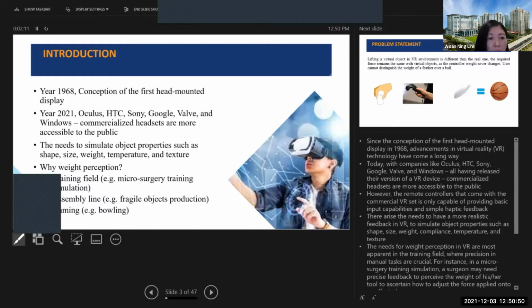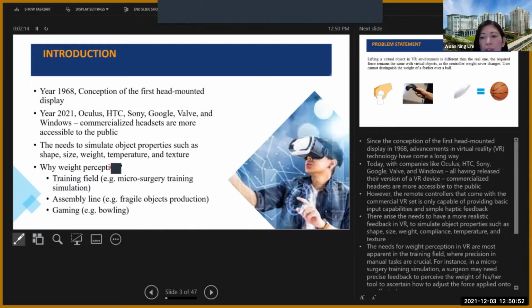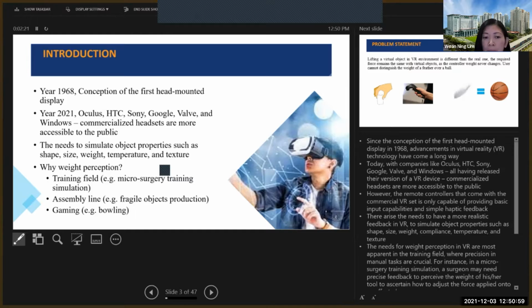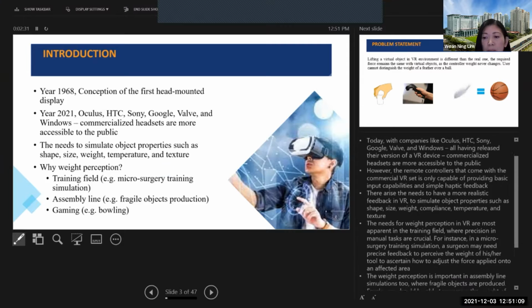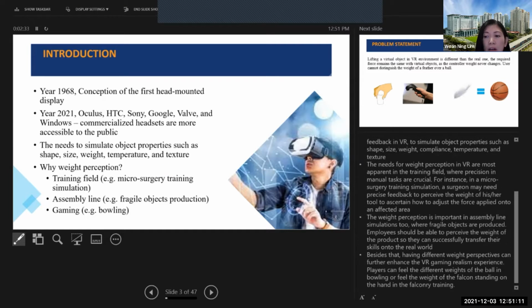So why weight perception? The need for weight perception is apparent, especially in the training field, for example in tasks where precision is crucial, like microsurgery training. The surgeon may need precise feedback to receive the weight of his or her tools, or to ascertain how to adjust the force applied onto the affected area.